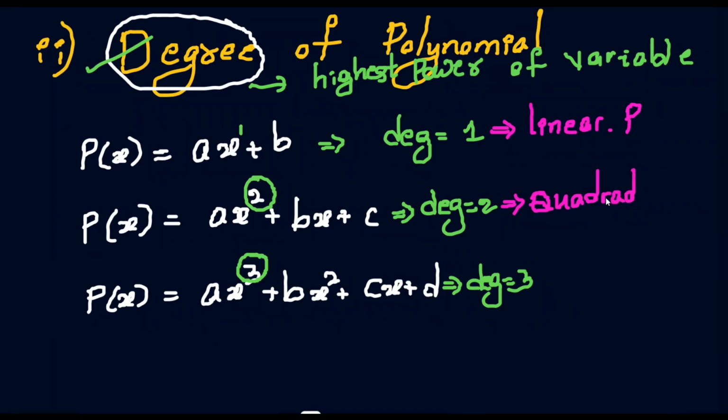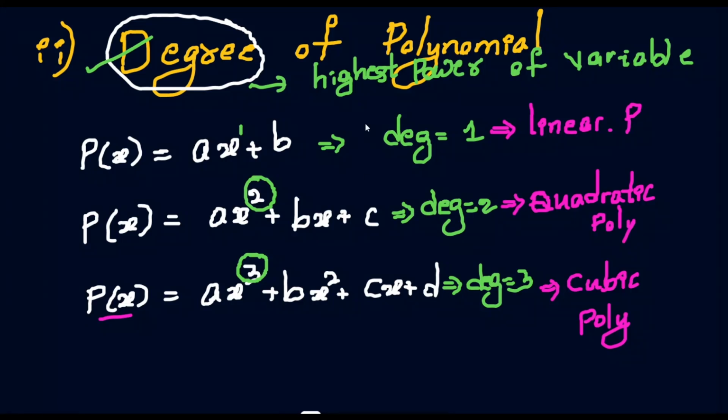Most probably we use quadratic. So the spelling is this, quadratic polynomial. And the last one is, if the degree is 3, then this polynomial is known as a cubic polynomial, right? Cubic polynomial. Now, tell me, what is the degree of a polynomial? The highest power of the variable in the polynomial is known as the degree of the polynomial. Based on this degree, we can identify which type of polynomial it is. If the degree is 1, it is a linear polynomial. If the degree is 2, it is a quadratic polynomial. If the degree is 3, it is a cubic polynomial, right?